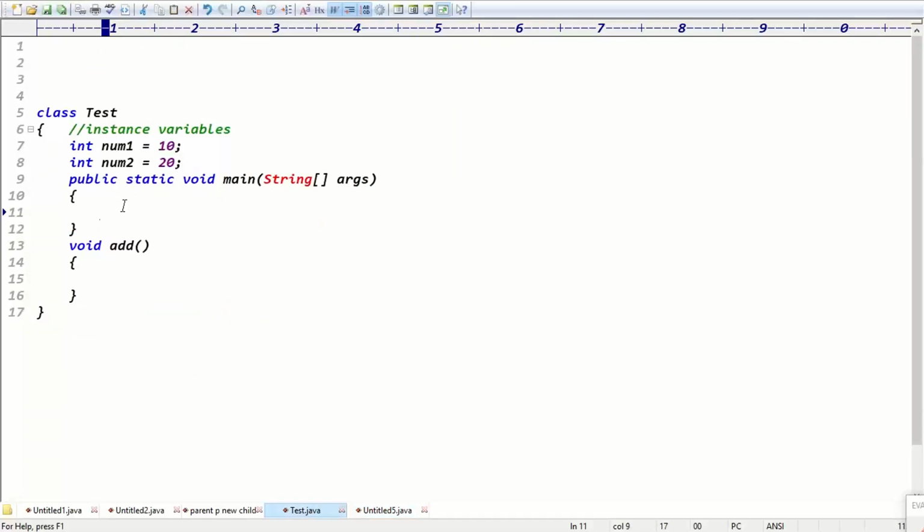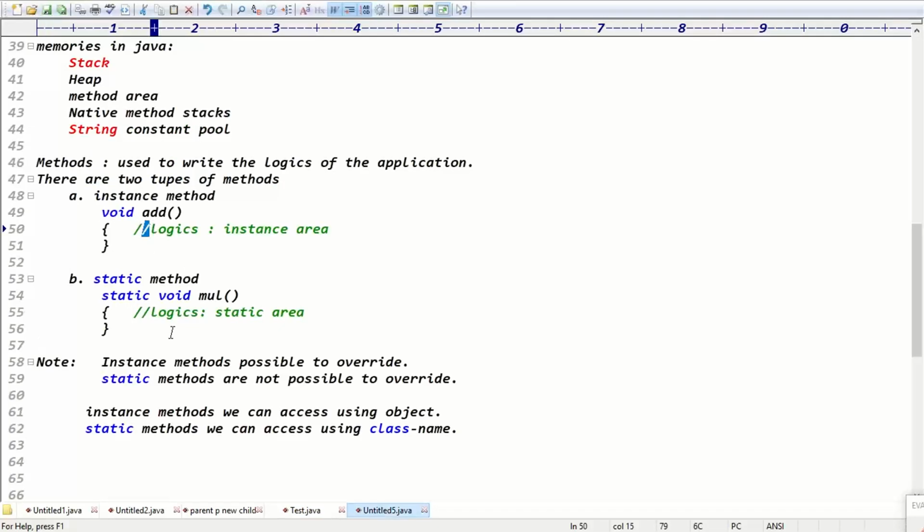Sir, is there any difference between the memory assignment of these instance and static methods? See, a method is just a declaration pattern. And memory-wise there is not much difference, because the instance allocates memory, static also allocates memory, but it is stored in a different memory. Instance is stored in the heap memory. Guys, as a developer, we never focus on memory because nowadays memory is very cheap. Where it is stored and how it is processed is not a problem for us. As a developer, we have to complete the service and write the code, that's it.